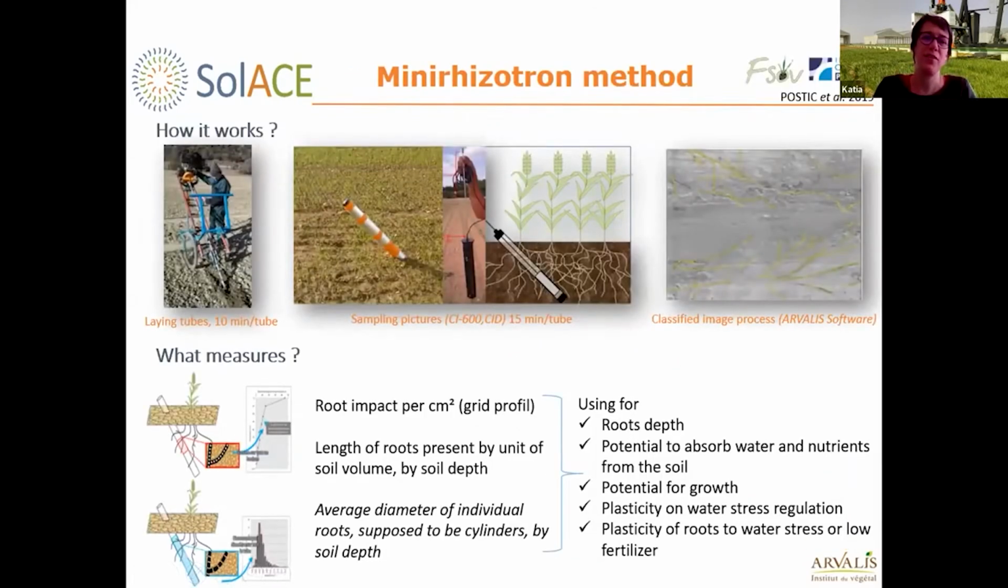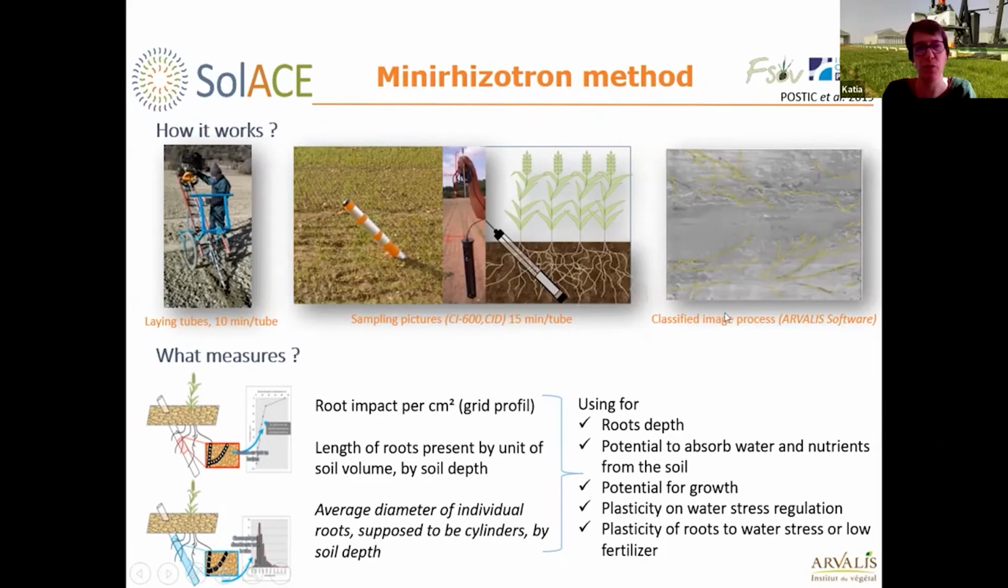We apply in this field trial our mini rhizotron method. It's the same method that you have seen for Radimax, but we use 2-meter tubes that we lay in the soil with specific materials. We put them at 45 degrees in the soil, and then we introduce a camera, a scanner that takes a picture at different depths, and